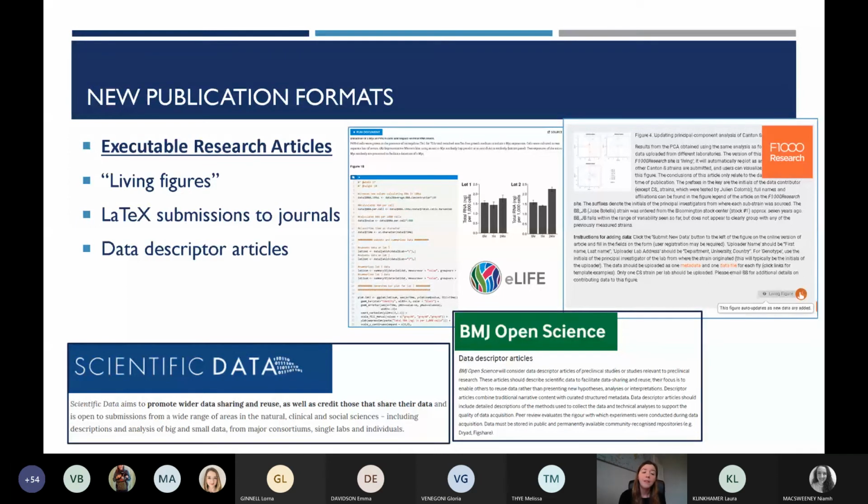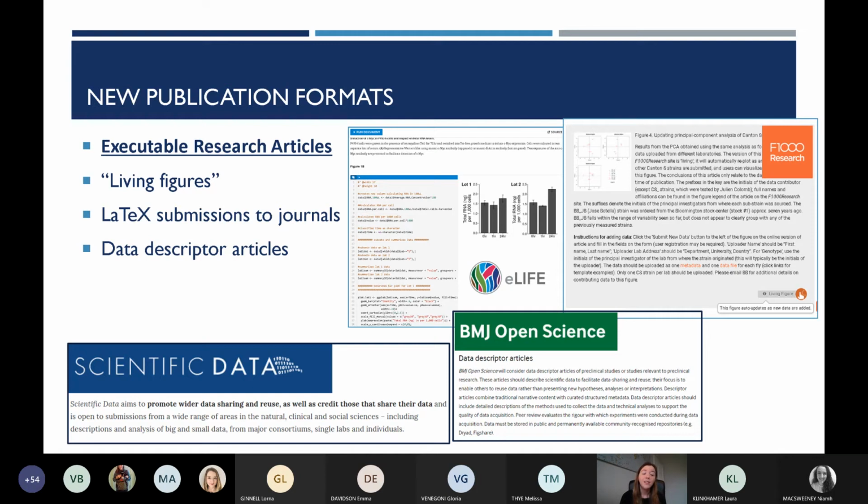You can also now have LaTeX submissions to journals. I haven't really spoken about LaTeX, but essentially the way that the knitr package and R Markdown work is that it converts the scripts into text format, and one of those text formats is LaTeX. And now you can submit just that. So basically it means that you can take that R Markdown document and submit directly to PLOS One, for example, that would just be great.